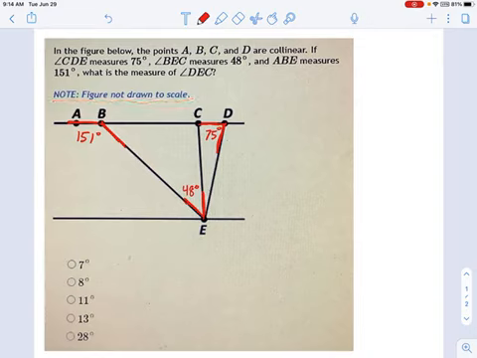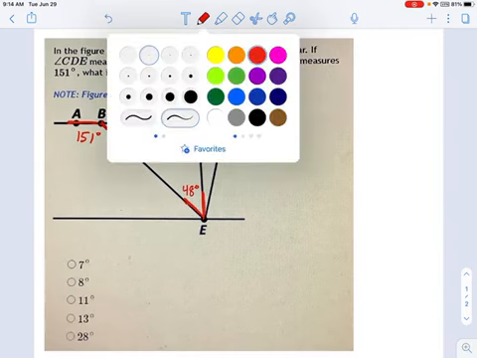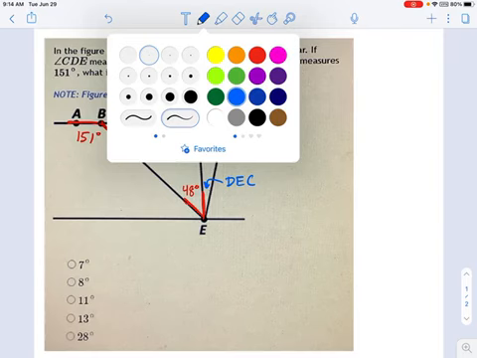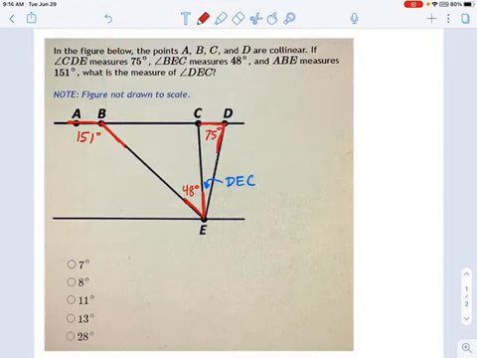When they want to know the value of DEC, what are they looking for here? Let's draw that in blue. DEC is going to be this teeny little angle right there. Don't try to estimate what it is by looking at the picture. It's not a good way to do it. We have to use properties of triangles to figure this out. If I know two angles in a triangle, I can figure out the third angle of the triangle. That's just some basic triangle geometry.